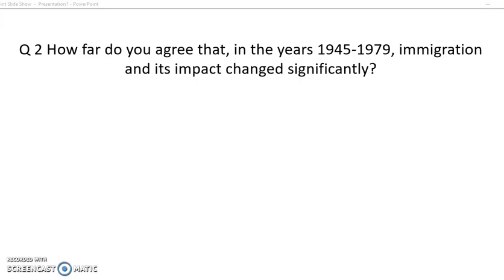So now we've identified that it's a change and continuity question, we need to think about how we are going to evaluate change and continuity in terms of immigration over this time period. The examiner's report did highlight that you could tackle this chronologically. But if you did tackle it chronologically, chances are you're going to be restricted to level 3 in the mark scheme because you're inevitably going to be drawn into doing a narrative or descriptive account of what happened with immigration